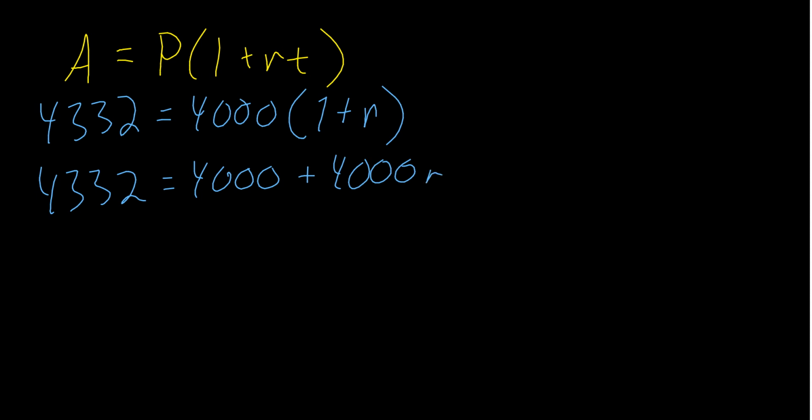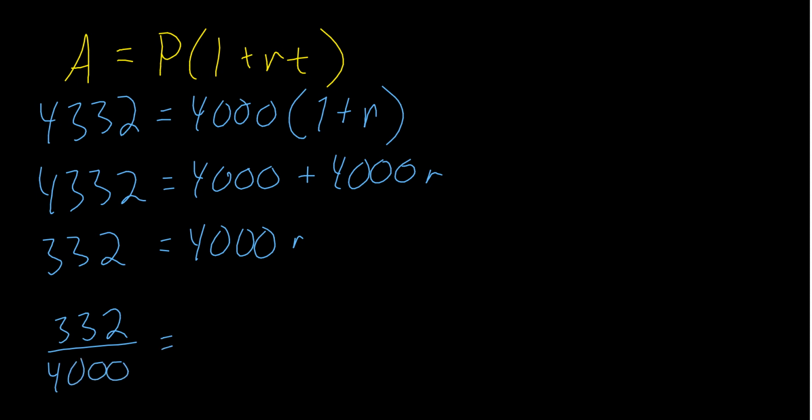Okay, so what I did here was I distributed the 4,000, and that's where I got this. Then I'm going to subtract both sides by 4,000, so I'll have 332, I'm sorry, it's equal to 4,000 R. Now I'm going to divide both sides by 4,000, and that will give me my rate. So divide both sides by 4,000, I've got 332 divided by